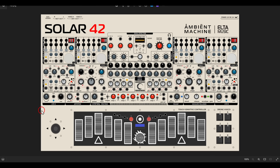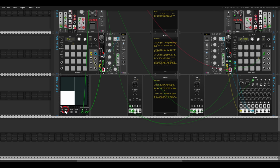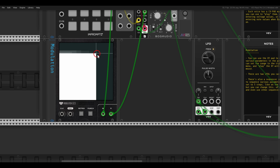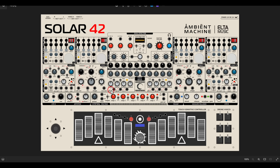There is also a joystick here on the synthesizer with X and Y. So here I use the XY controller from Vox Glitch, right? So we can control this with the mouse. And for the sequencer, we have here a 5-step sequencer, right, with a built-in clock that we can use in